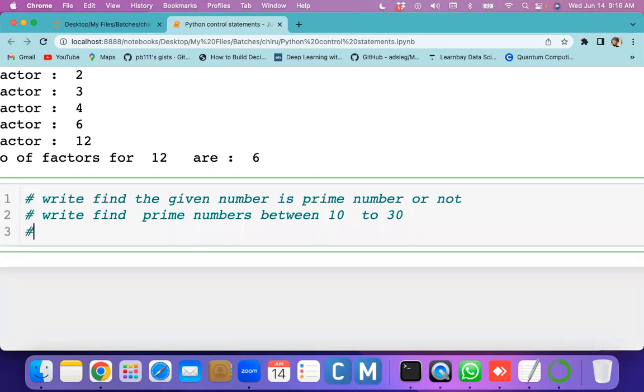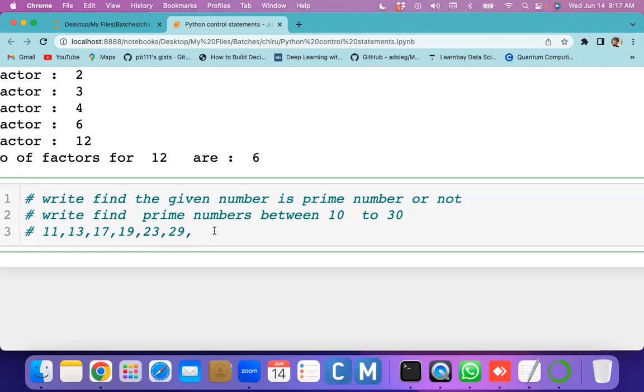Tell me. 20 is not a prime number, 11 is a prime number, 12 is not, but 13 is a prime number, 14 is not, 17. 15 is not, 16 is not, 17, 19, 21 is not, 22 is not, 23 is. 24 not, 25 not, 26 not, 27 is not, 29 is also prime. So 23 and 29 only, right?